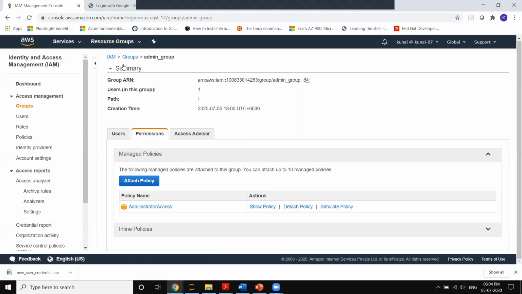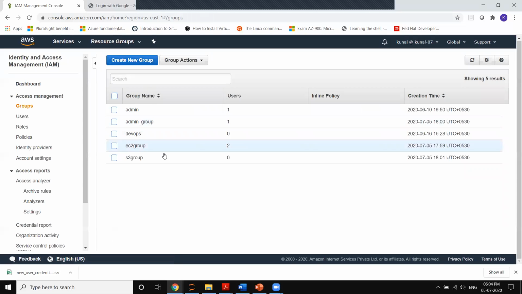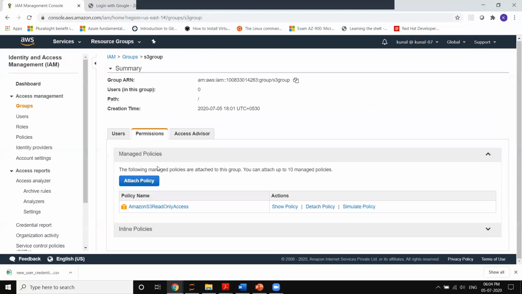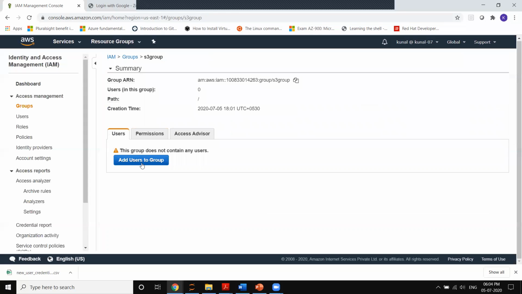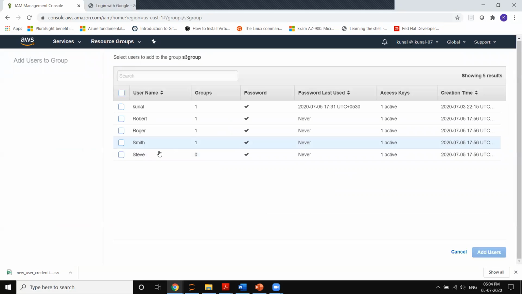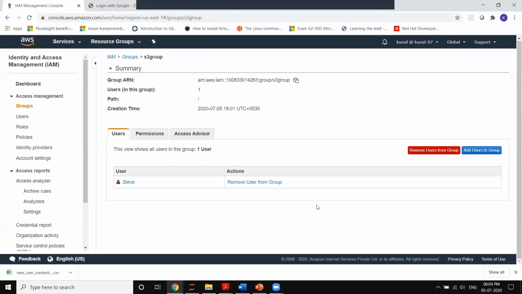Okay, similarly, we can go to the S3 group, then go to the users tab, then add the user to this group. Then we can add the last user, that is Steve. Then you click on add users.